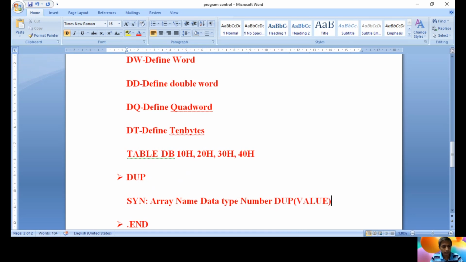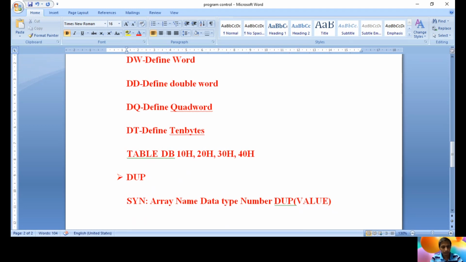This is the actual syntax for the duplicate instruction. First is the array name, then the type of the array, then the number. That number indicates how many locations we are choosing. Then those locations are duplicately loaded with this particular value.